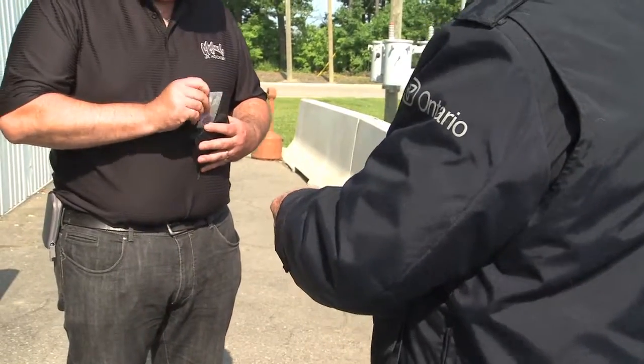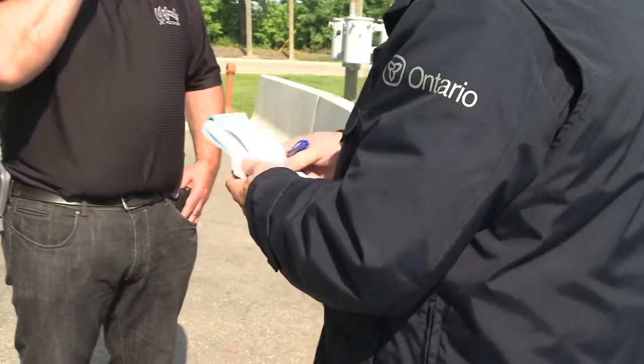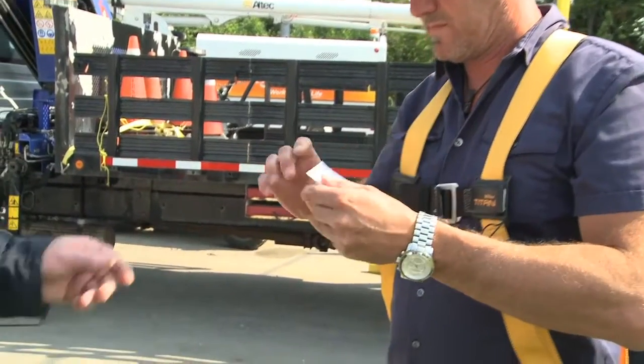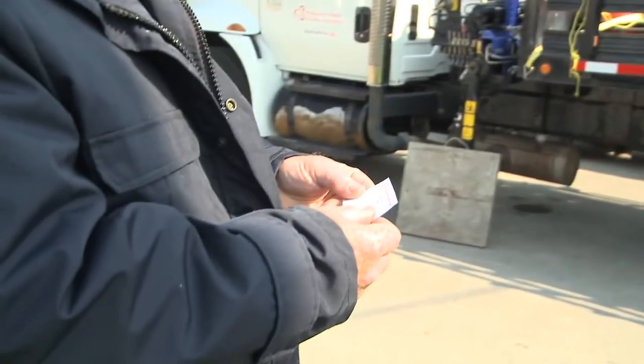That, of course, was a simulated inspection. In a real situation where there's contraventions of the Occupational Health and Safety Act or the regulations, an inspector would issue corrective orders. There's a forthwith order where the contravention can be corrected at the time of the field visit. In the case of a time-based order, the inspector will determine the amount of time that is given to comply with the order. A stop work order can be issued, and that can be for the whole project, or it can be for part of the project where the hazard is, and in that case, all work must stop until